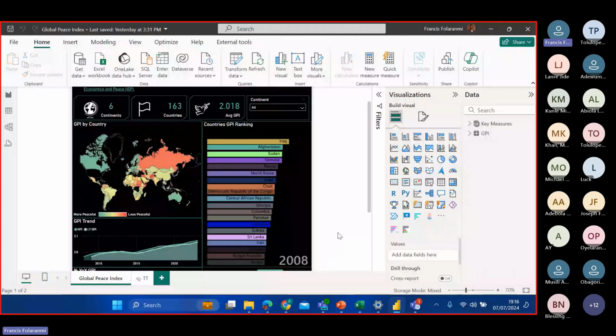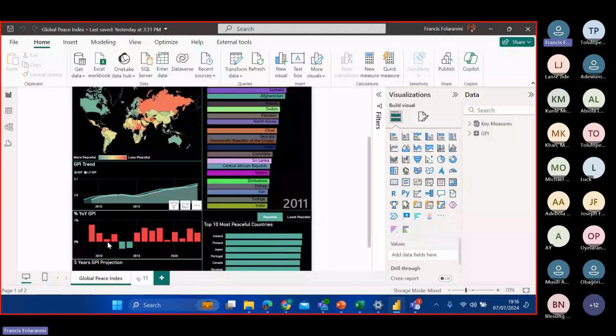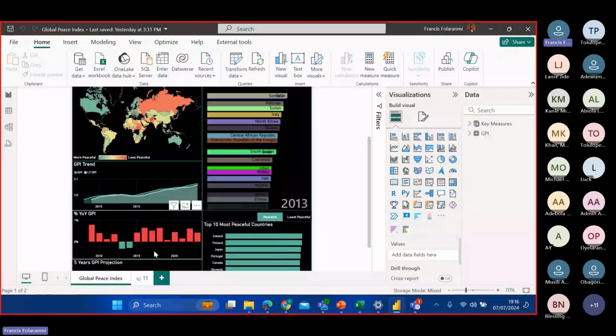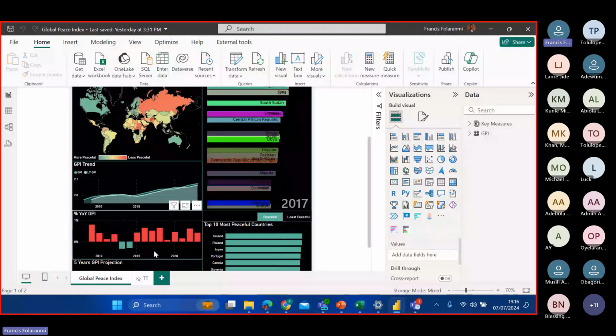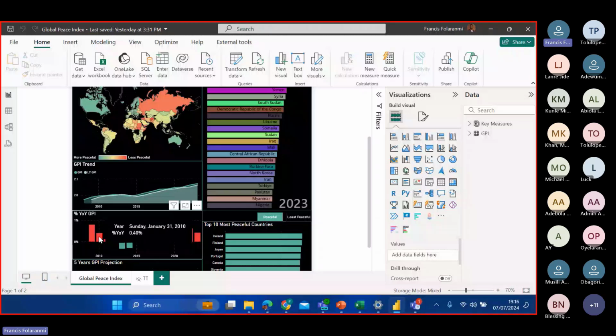Remember that on the scale of 1 to 5, the lower it is, the better for us. But when it's on the high side, that means it's not good. So where we have red bars, the year-on-year change is positive, which is not what we want. We want our GPI to be coming down. Historically, from the data we have, only 2013 and 2014 saw the GPI globally come down. Apart from these 2 years, the trend of GPI has been going up at a pace that may not be ideal for our work.